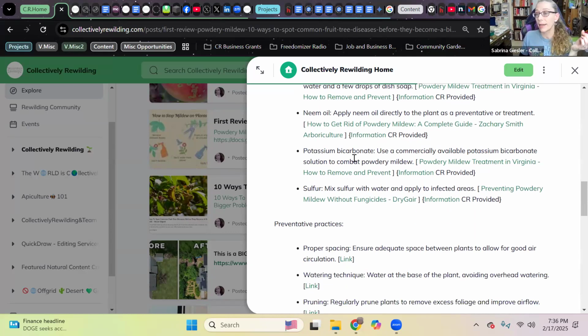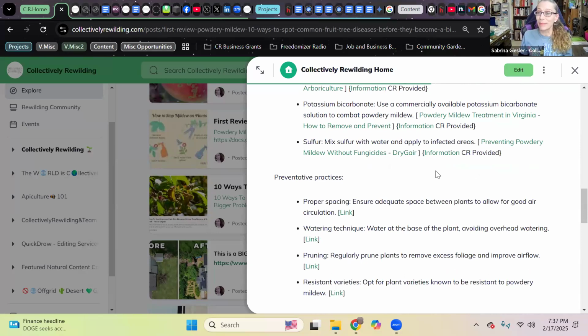Potassium bicarbonate. Again, this is industry created. And so here is the breakdown of what that is. These are, again, things that we are very regularly using in all types of different products that are around us. So it's up to each of us if we want to put something like that onto our plants. It is not something like an insecticide or a fungicide, or any of those to the level that they are neonicotinoids where they kill the pollinator population. This is not anything along those lines, all right? Potassium bicarbonate.